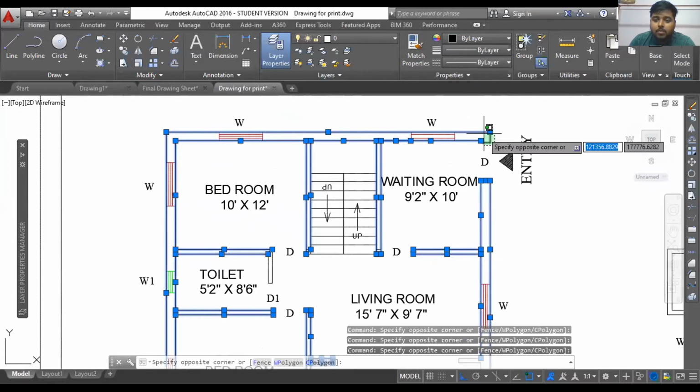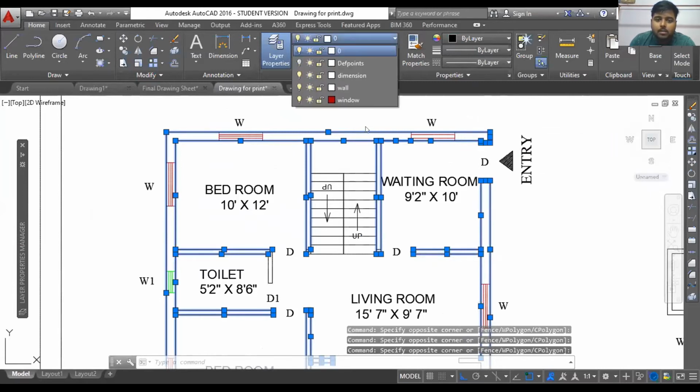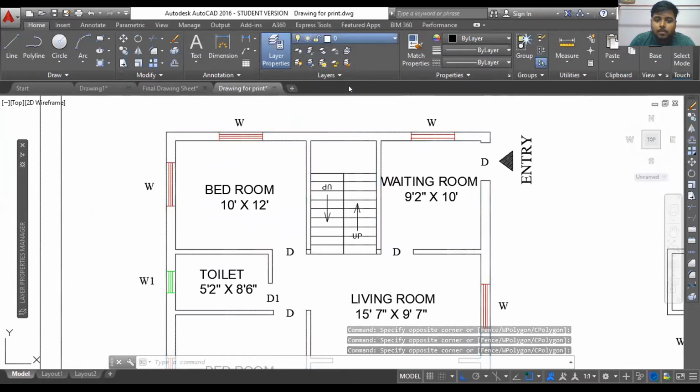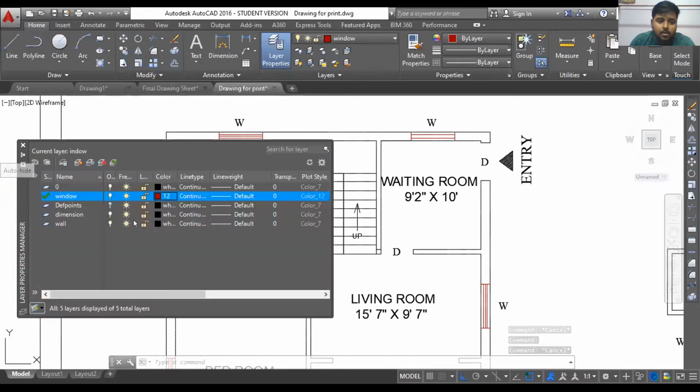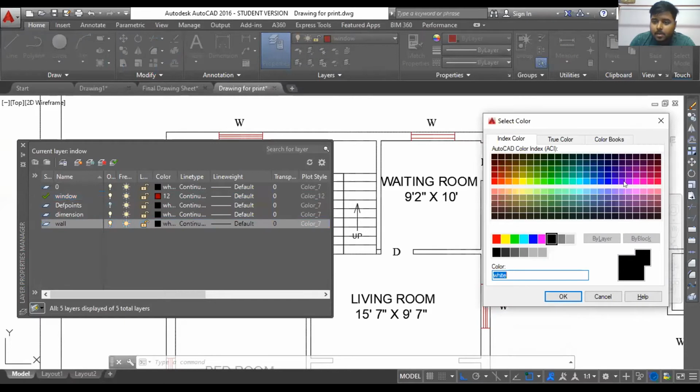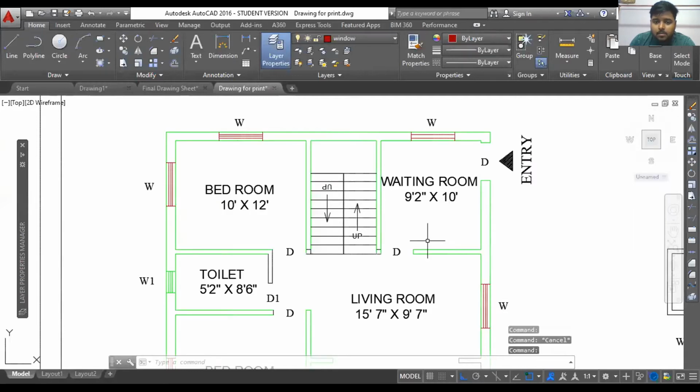And what happens also, I'll show you that. Suppose this is my wall layer. I have sent them inside the wall layer. Now I can change the color of that wall layer. Let me just go for maybe green.